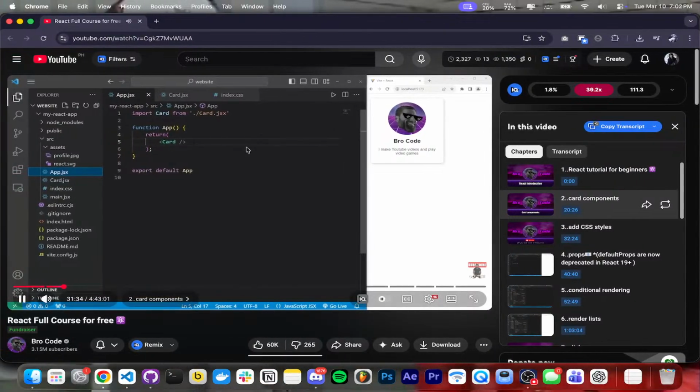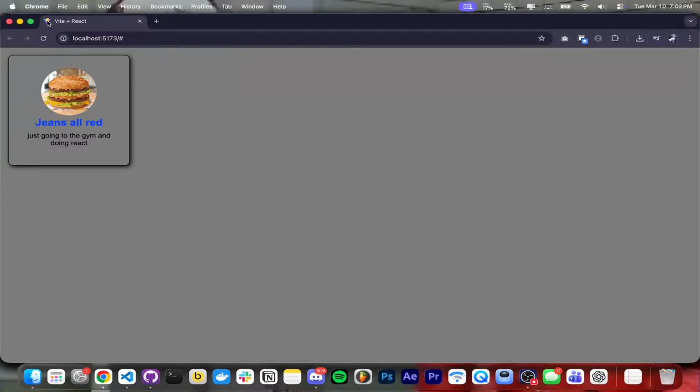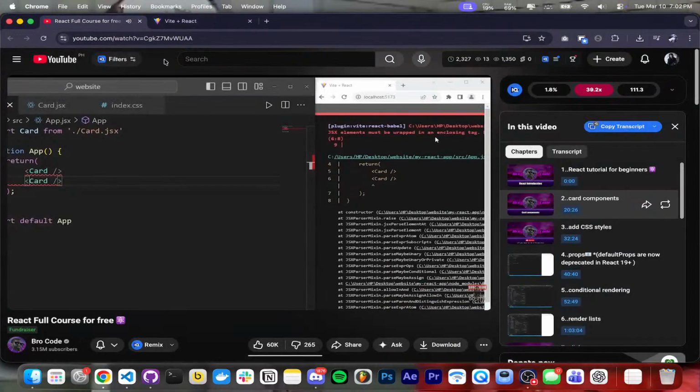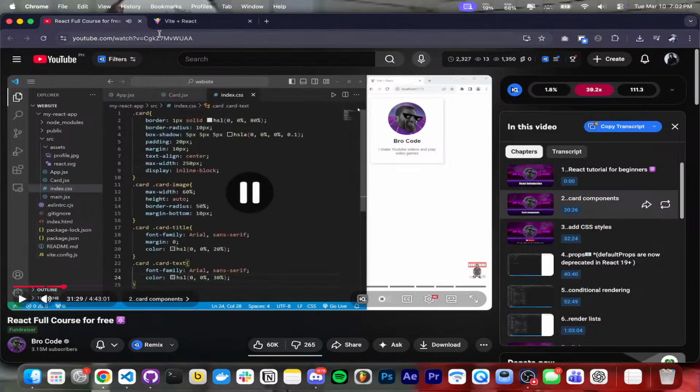Within our app component, we can reuse the card component. However, if I were to add another, well, JSX elements must be wrapped in an enclosing tag. Within our app, we